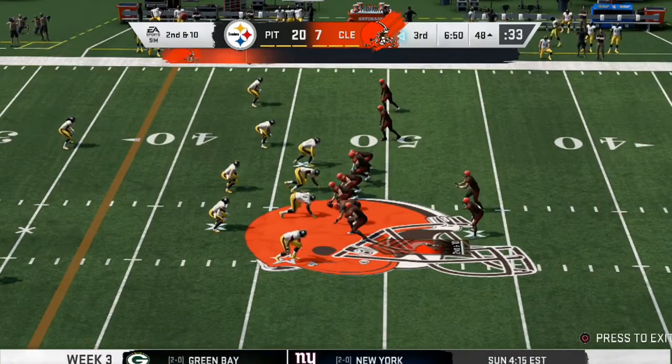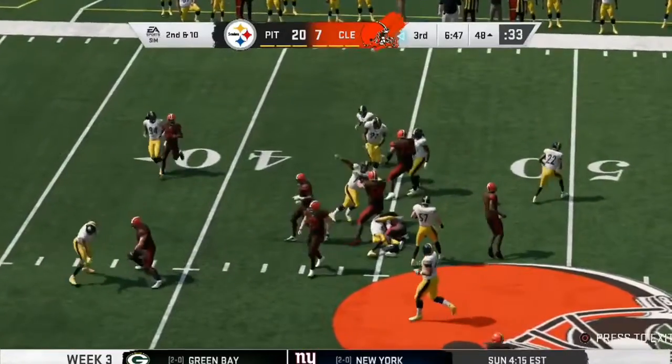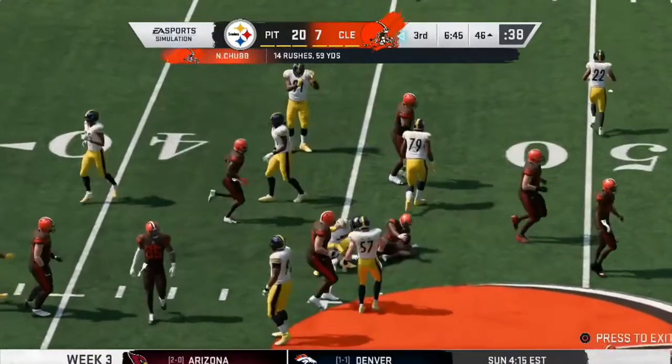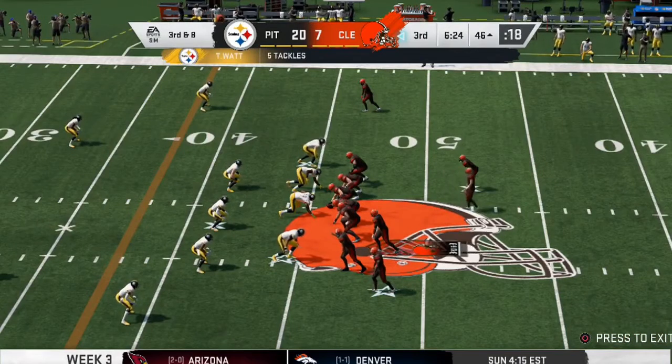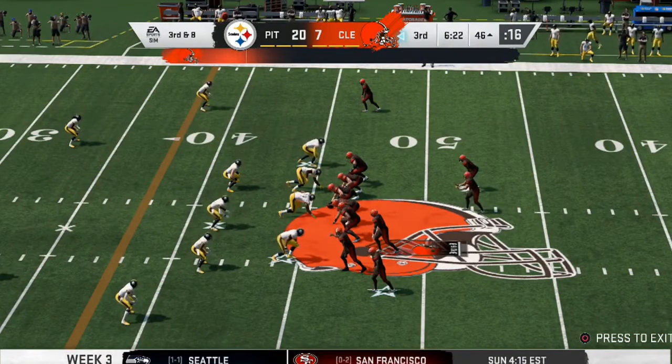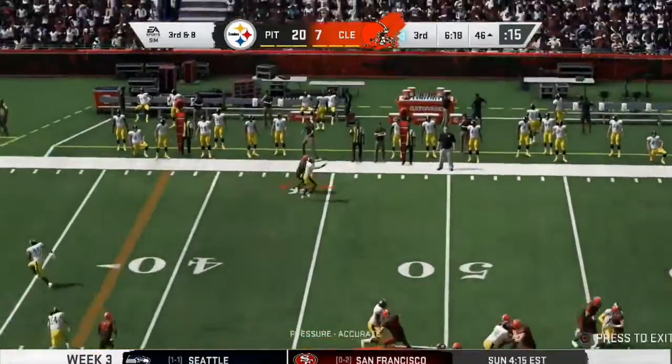Haven't seen much from OBJ today. Not much at all as they try to run again. That's TJ Watt again. Just a cheat code on that left side of our defense. Good luck doing anything against that. As now they come out, spread the defense out, and Baker can...